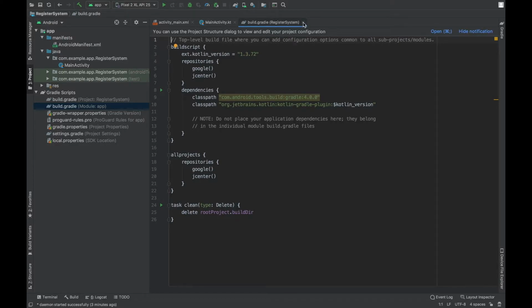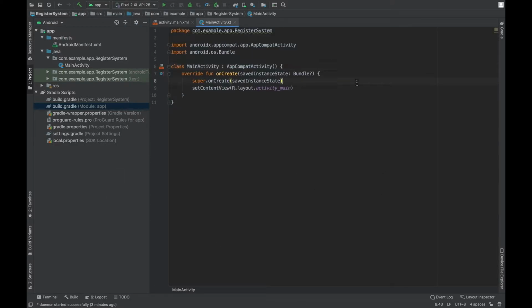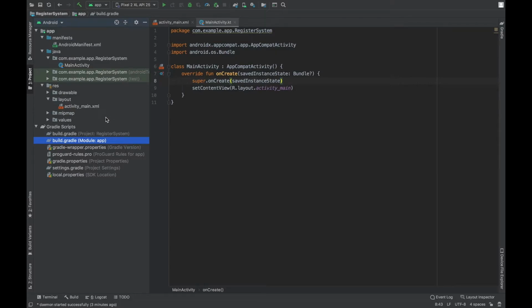So let me close these files, and for most of the part of our project, we will be working on these Kotlin and .xml files in our resource and layout directory. So first we will create a sign up layout for our application. So sign up is where the user will come and register with our app. Okay, so expand this resource directory here, click on the layout. Now this folder will be holding all the layout files.